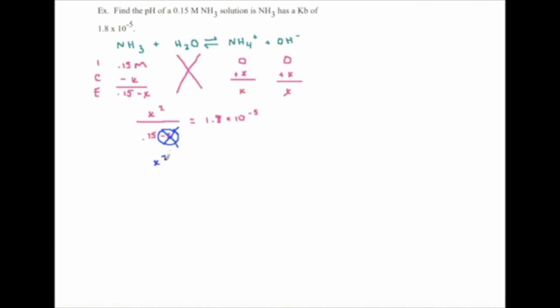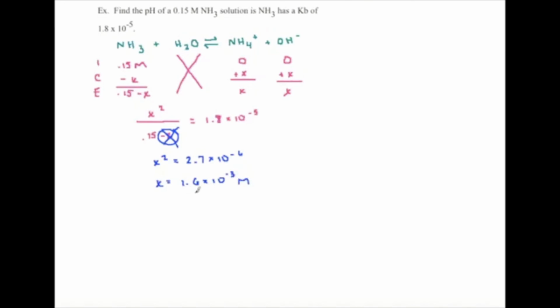So X squared equals, when I multiply 0.15 by 1.8 times 10 to the -5th, 2.7 times 10 to the -6th. Then I need to find the square root of that, so my X is going to end up being 1.6 times 10 to the -3rd